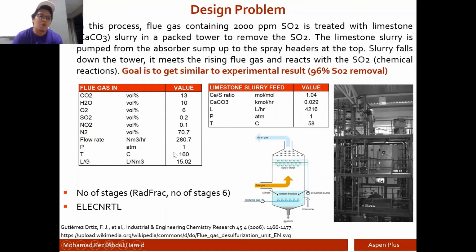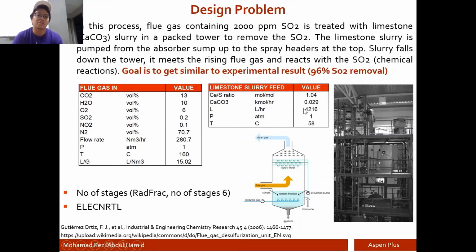The pressure is around 1 atmosphere, temperature 160 degrees Celsius. L over G is just a ratio between the limestone slurry feed over the volumetric flow rate of the incoming flue gas. And then on the next table, we have the condition for the limestone slurry feed, where we have a calcium over sulfur element ratio around 1.04 mole per mole, and then by doing a quick calculation, you can calculate that the required calcium carbonate